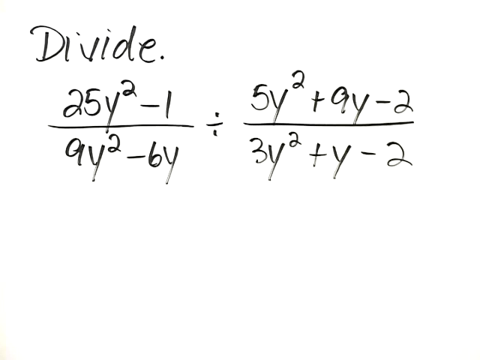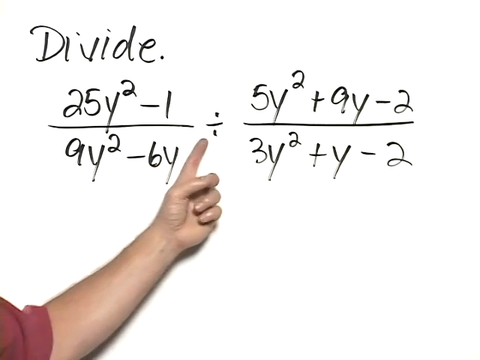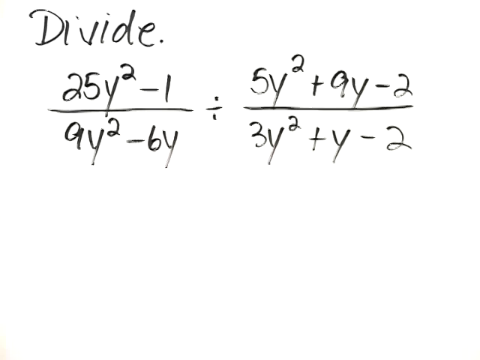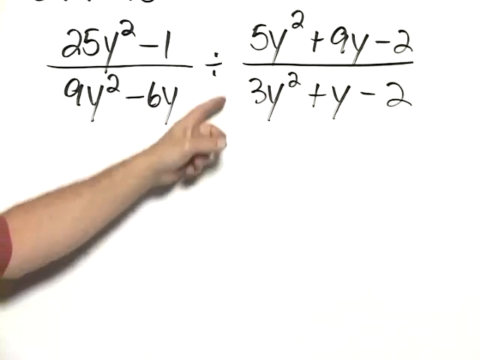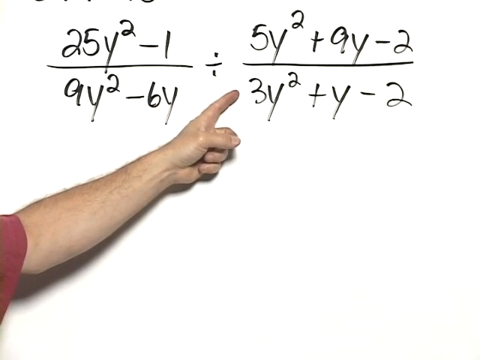Divide (25y squared minus 1) over (9y squared minus 6y) divided by the quotient of (5y squared plus 9y minus 2) over (3y squared plus y minus 2). Well, when we are dividing rational expressions, we change the operation to multiplication and we multiply by the reciprocal of